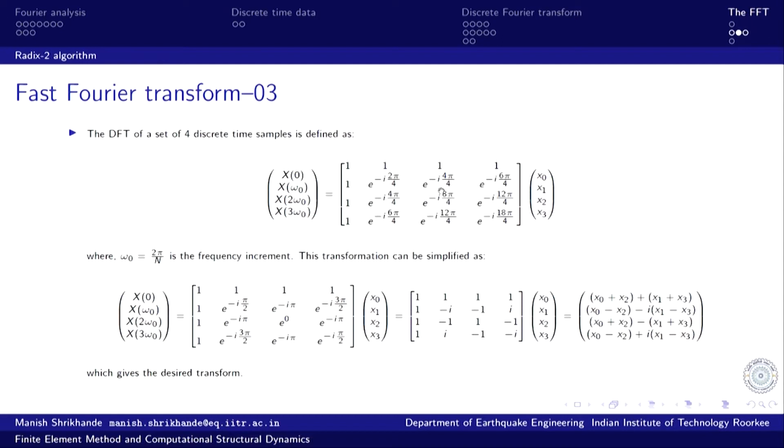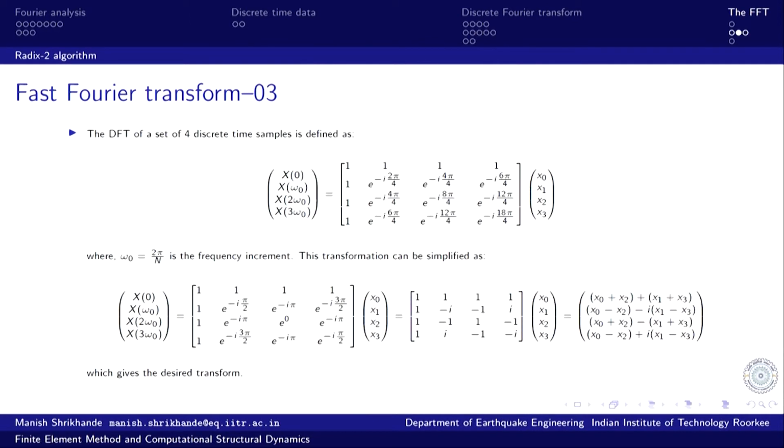So, the first simplification that happens is we need to look at what the complex exponentials are, and we only need to find out the unique values of the complex exponential. The periodic values can always be wrapped back into the fundamental range, and the values that we have already computed can be reused. So, that is the first step of saving computation, and this will be a massive saving in its own right.